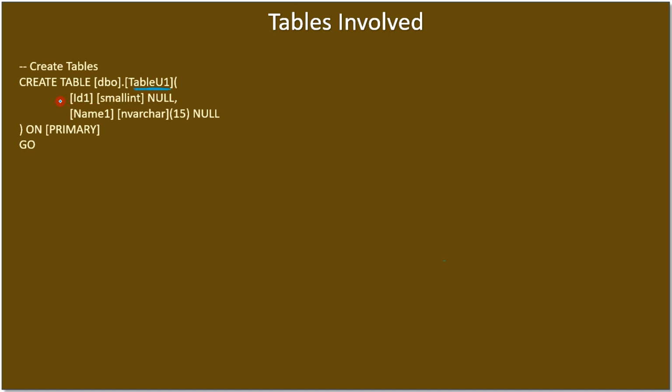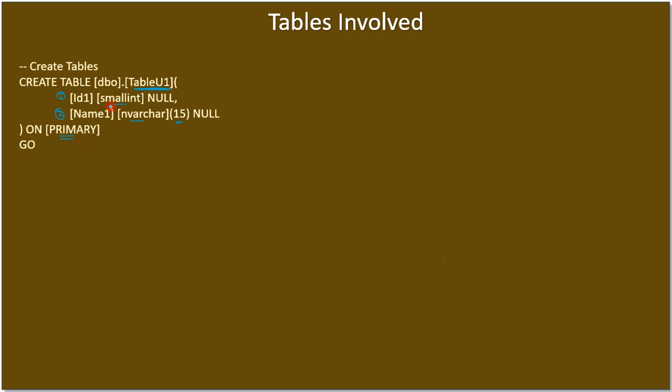and if you see here, there are two columns involved. This is the first column ID1, second column name1, and their data types are smallint and nvarchar. Size is 15 on PRIMARY, so this is just a filegroup stating where the table data stays. What is important here is the column names ID1, name1, and